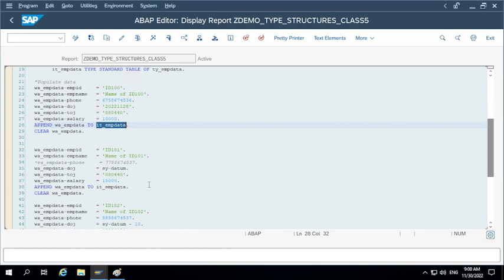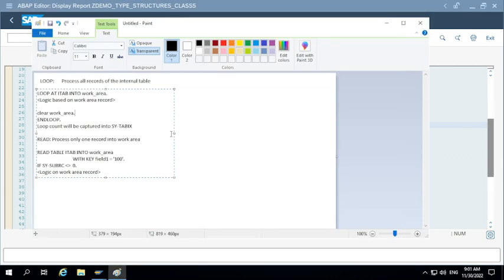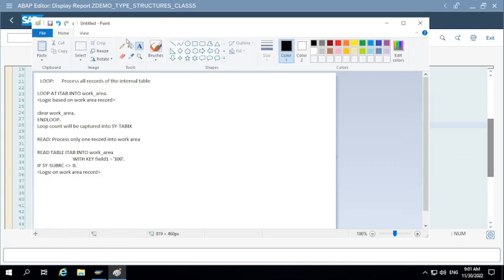Append statement will add a new record at the end of the internal table. But if you are using insert statement, we can add that record in any specified position. Okay, for example, if you take this as an internal table,